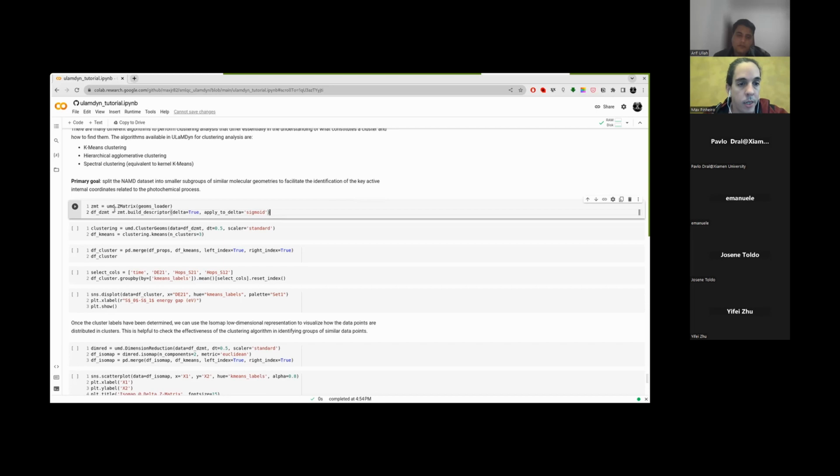So here we need to again create our descriptor. In this case, I'm going to use the Z matrix, and I need to pass as input the geoms load object that contains the geometry. So the ULaMDyn package will read all the geometries and create a descriptor for that. And here I am doing the delta descriptor, which means I'm going to take the Z matrix of the ground state and subtract, or the opposite, the geometry of every frame of the dynamics minus the Z matrix of the ground